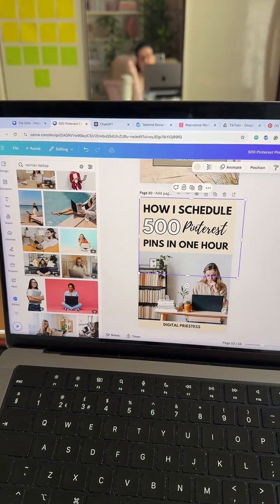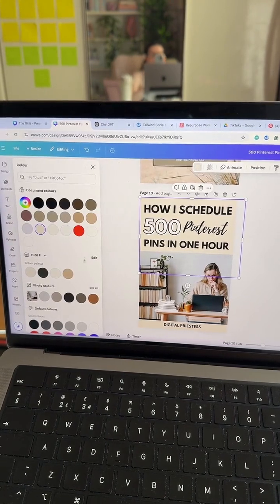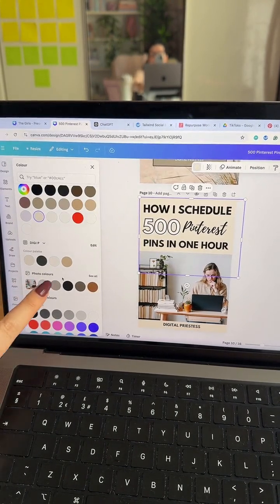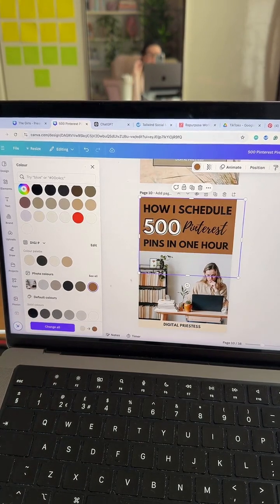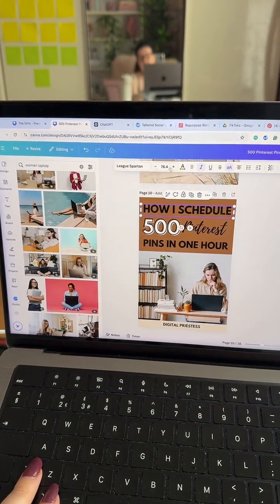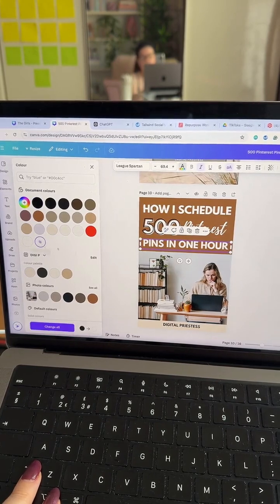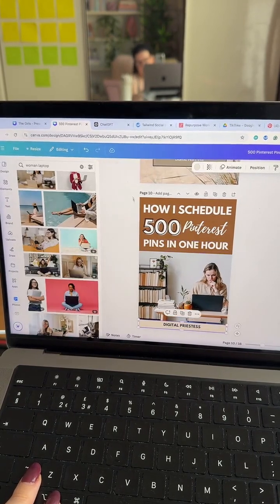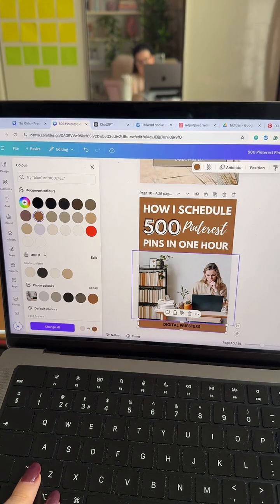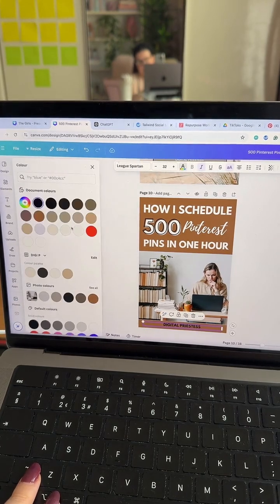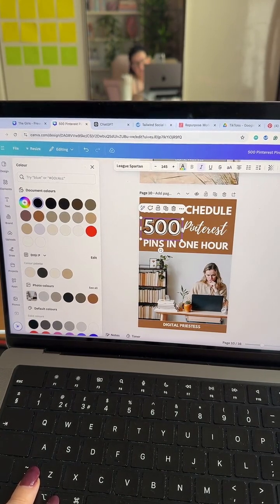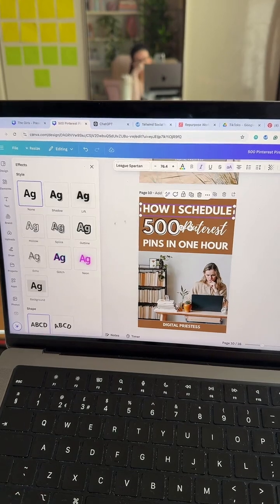If you click on the thing that you want to change the color of and go to the color, when you go over to this color chart and you scroll down, can you see this here? It says photo colors, and it's actually given me the colors of what's prominent in this photo. So if I select that one, and then now I'm actually going to make these text white so that they kind of pop. I'm going to change the black outline to that. In fact, I'm going to make all of it outlined.